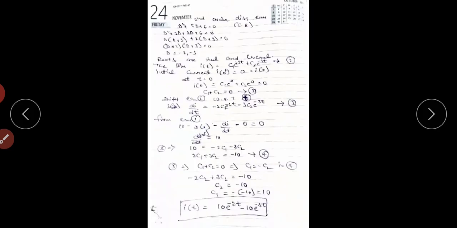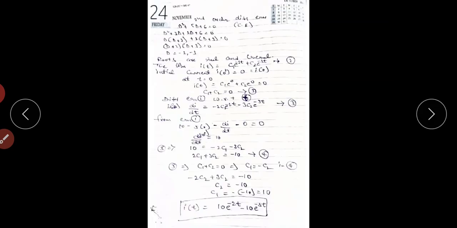minus 1 by 1 by 6 integral I into dt. Okay, here we are writing the equation at t equals to 0. So at t equals to 0 plus, this 10 is the same constant value, and the initial current I of 0 equals to 0, minus di by dt at 0 plus, minus 1 by 1 by 6 integral I into dt. This total term equals the voltage across the capacitor.